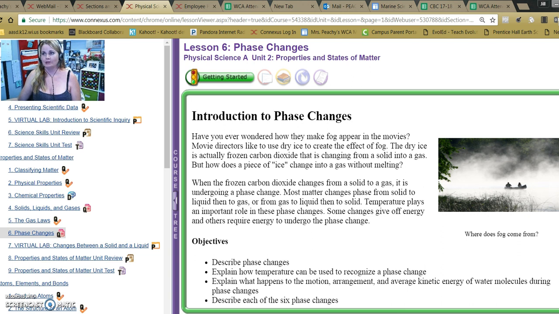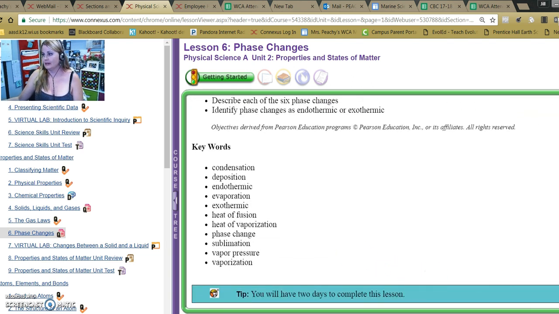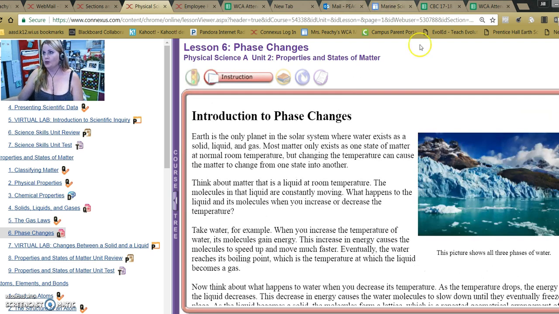So I'm going to be sharing a lesson on my screen. This is actually from my physical science class, but the same thing applies to any class that you might have where you need to alter a PDF that's given in the lesson and actually save it and upload it to the Dropbox. So this one is on phase change, and if I go through my slides, I'm just going to